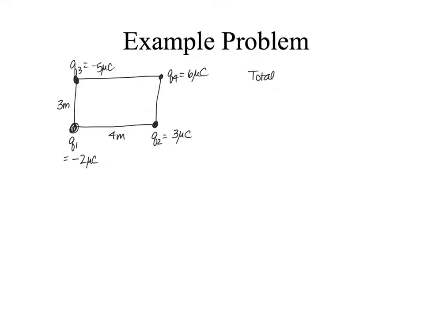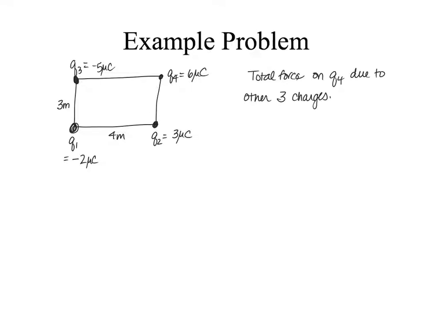And I want to find the total force on Q4 due to the other 3 charges. So this is going to be a typical type of problem that I might deal with when I'm using a combination of Coulomb's law and adding vectors. So the first thing I'm going to do is find the force acting on Q4 from each of the 3 charges, and I'm going to draw a vector representing the direction